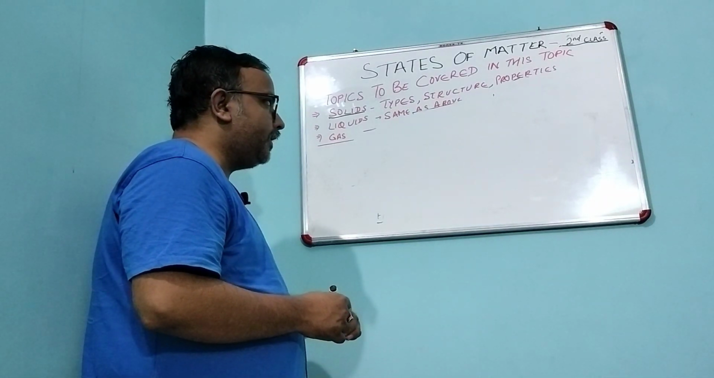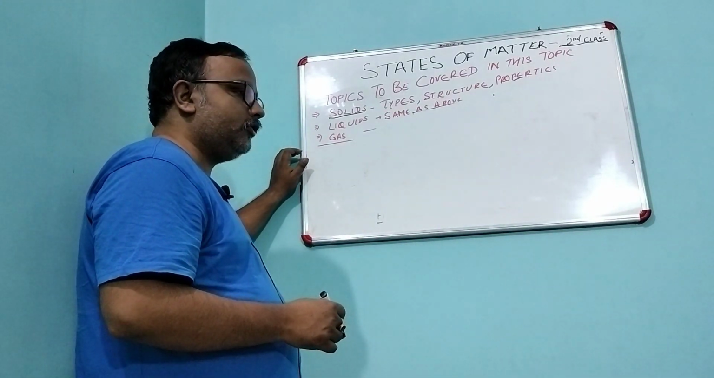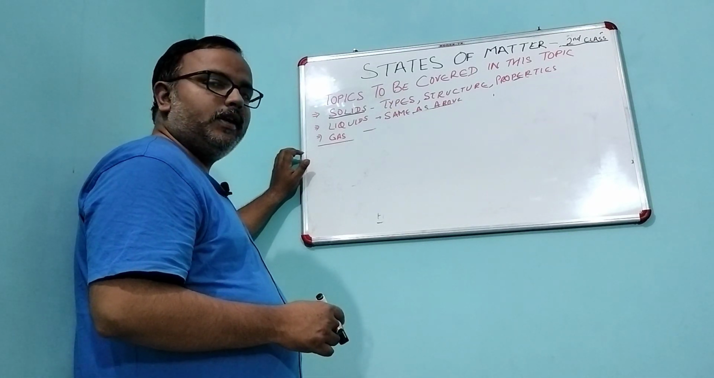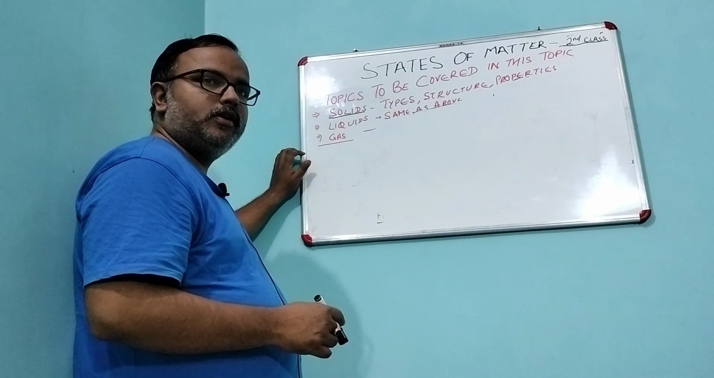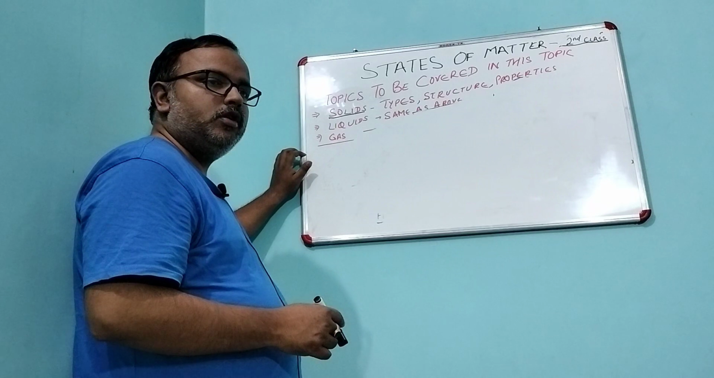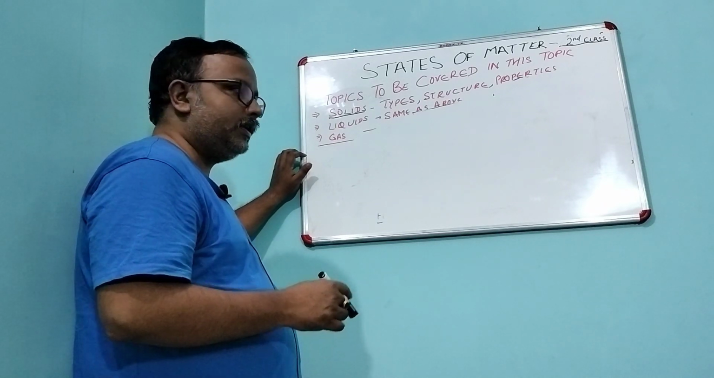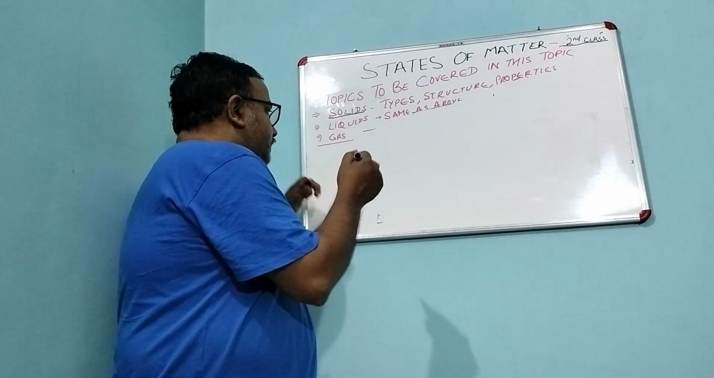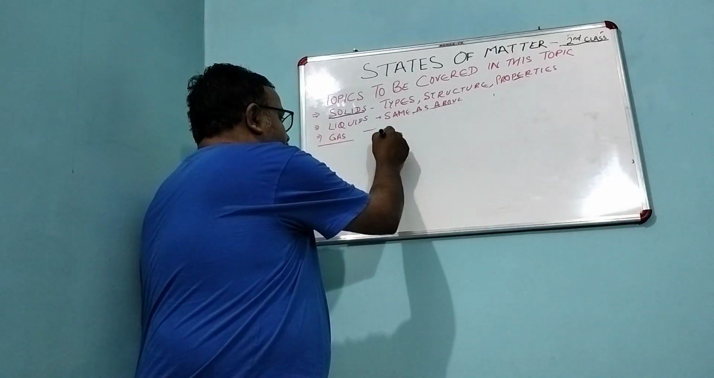Okay, now welcome back to our second class regarding states of matter. In the first class we saw that solid material can be divided into two types, which are amorphous and crystalline. We also saw that crystalline solids have